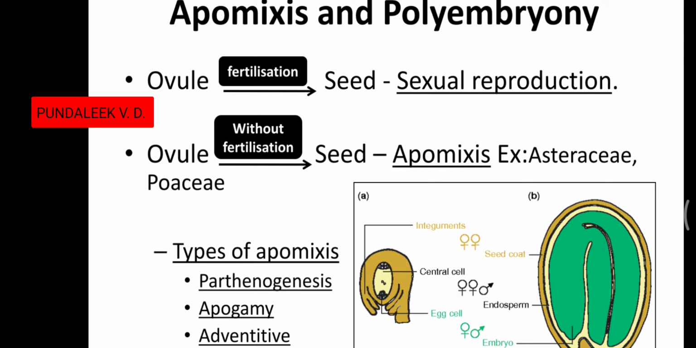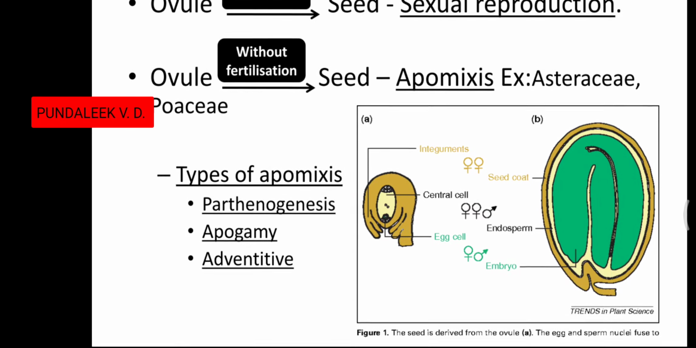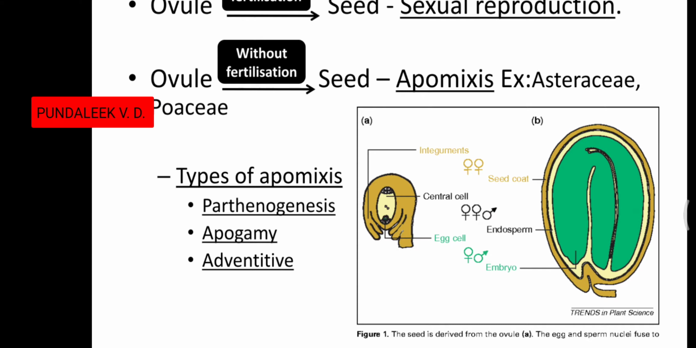Okay, well-known examples for apomixis are Asteraceae members. Asteraceae members include Tridax as well as the sunflower, and the second one is the Poaceae family, where the grasses are included. In both the Asteraceae and Poaceae families, in most cases we can find the apomixis process. And when it comes to the types, there are three types we are going to discuss here: